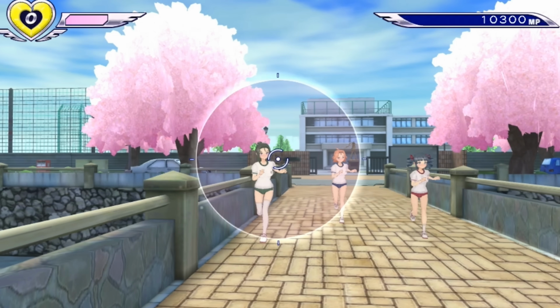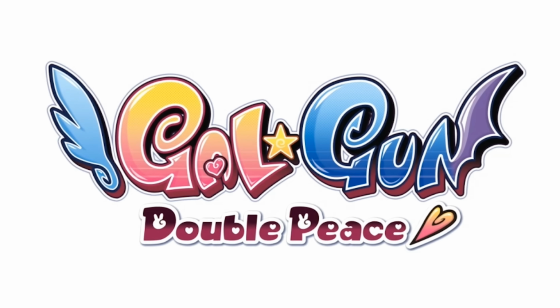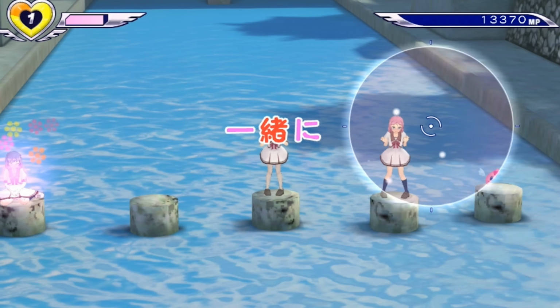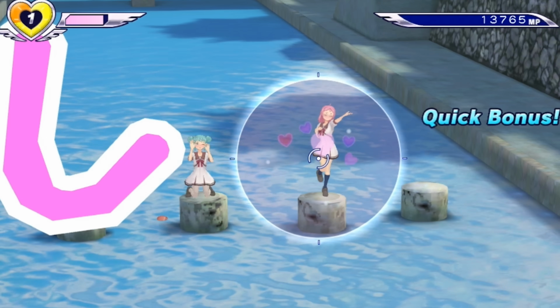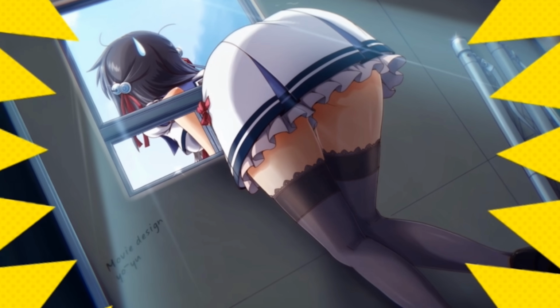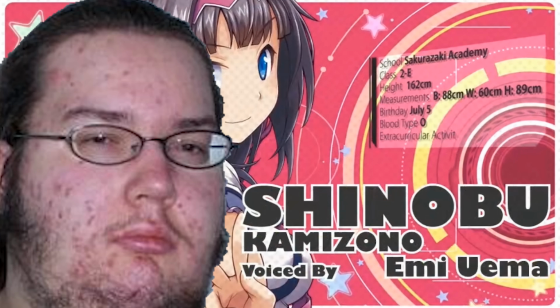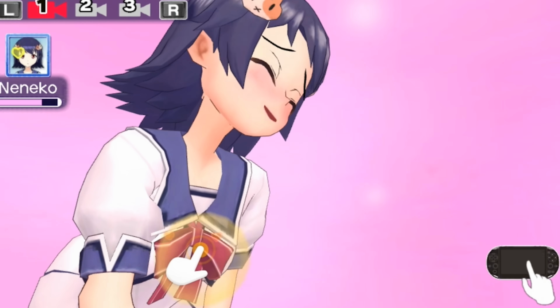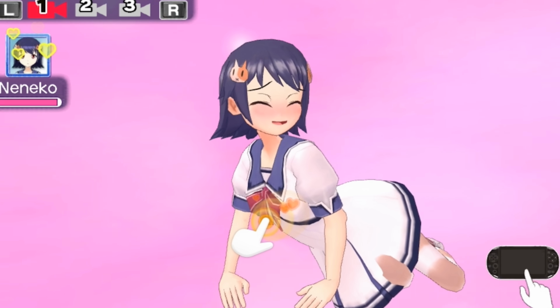What you are watching on screen right now is the PlayStation Vita game Galgun Double Peace, which combines a wafer-thin plotline with the gameplay mechanic of being able to shoot your love gun at various girls. There's no confusion that this game is firmly aimed at the hardcore weeb demographic, from its intro that lays out the game's style choice, to the in-game Doki Doki Touch mode, which uses a Vita's touchscreen in exactly the way